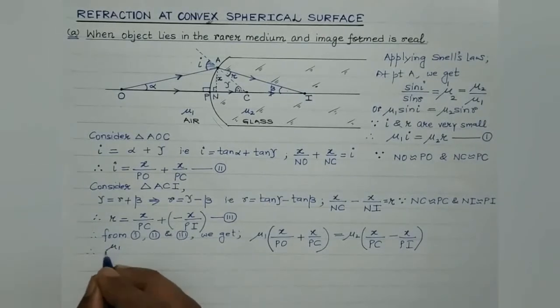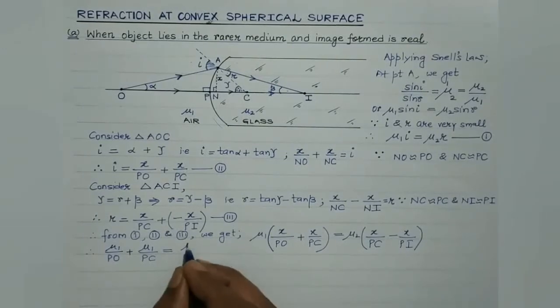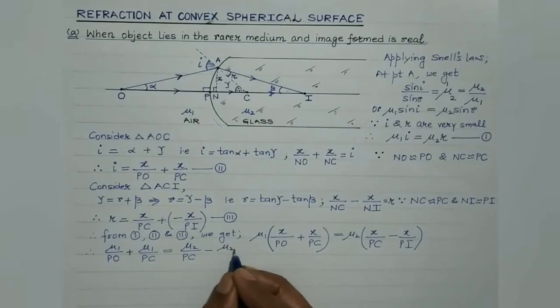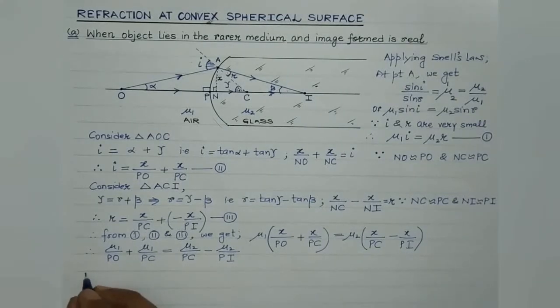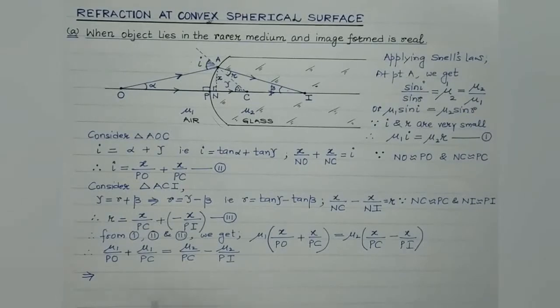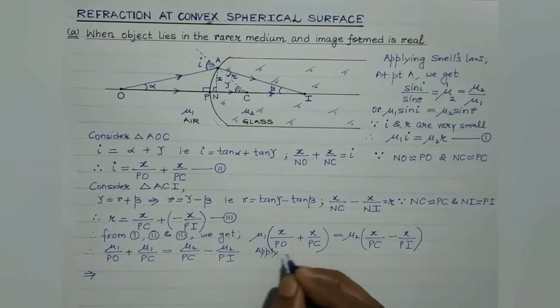Therefore, mu1 over PO plus mu1 over PC is equal to mu2 over PC minus mu2 over Pi. Right? Which further implies that you can rearrange the terms, right? And basically, now let's make use of sign convention. Now applying sign convention, what we get is,